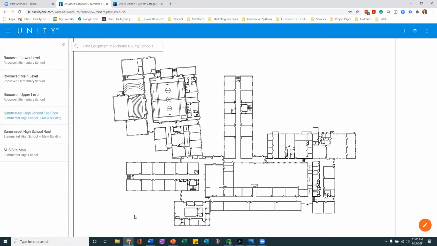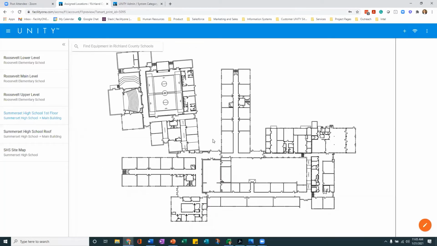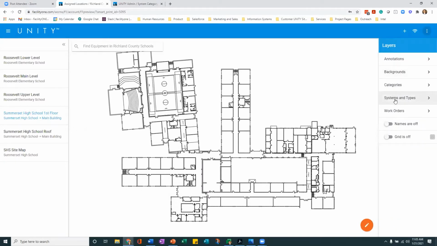And these drawings, of course, are adapted from PDFs, from CAD drawings, Revit files, and we incorporate those directly in, convert them, and turn them into these SMARTPRINT floor plans, which are interactive and interconnected. I want to dive right in and show you first and foremost how we are using our systems and types